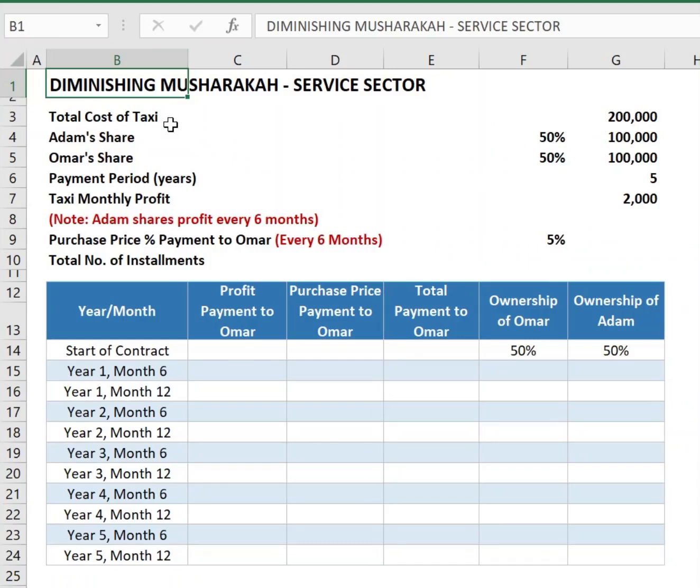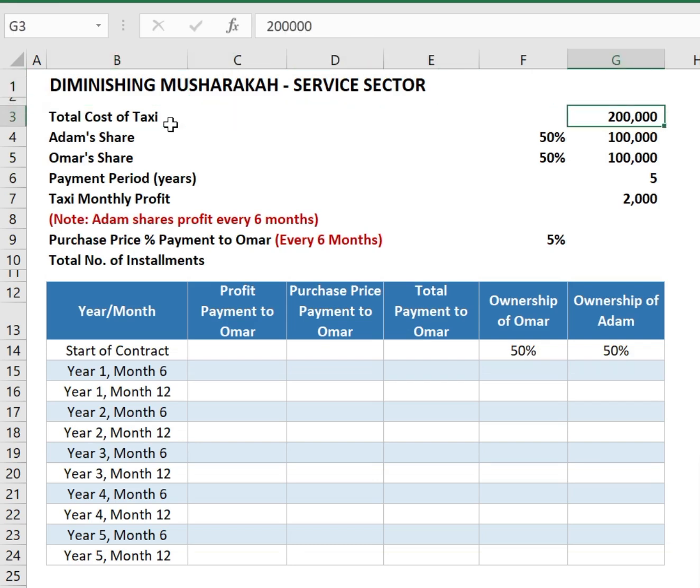Let's have case study number 2, diminishing Musharakah service sector. Based on the previous case study that relates to the same type of Musharakah but pertaining to the house purchase, we are now demonstrating the application of diminishing Musharakah to the service sector based on the following information, where the total